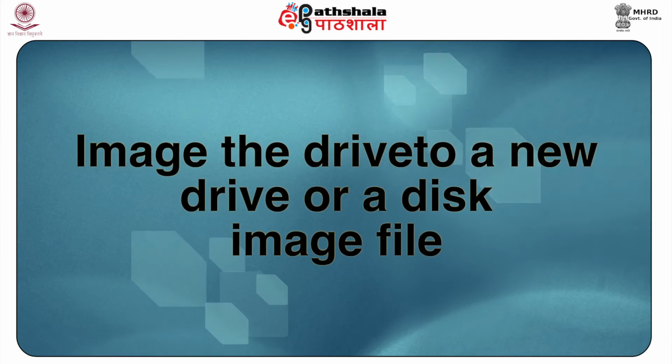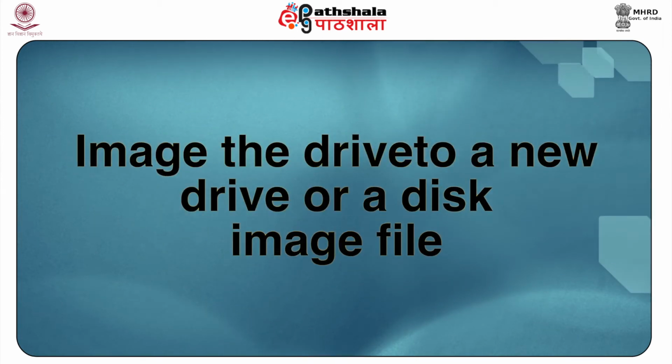Phase 2, image the drive to a new drive or a disk image file. Imaging of the drive is done using the available software tools. When the hard drive fails, the importance of getting the data off the drive becomes the top priority. This step is followed only when the drive is not in a good condition. An image of the drive is created. The imaging ensures that there is a secondary copy of the data on another device on which it is safe to perform any testing and recovery procedures without harming the original source.